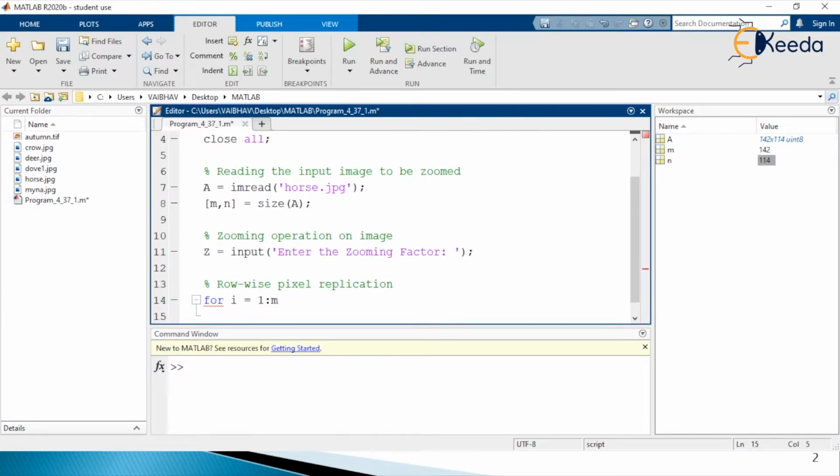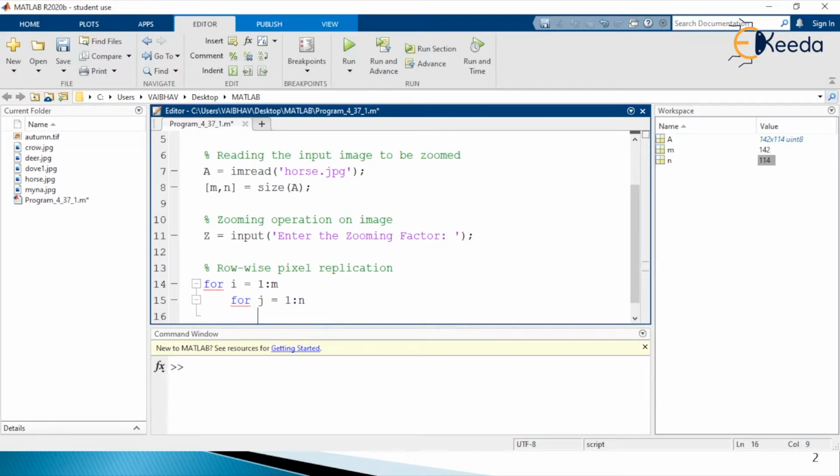Now inside this for loop, I'm going to have definition of another for loop with the index variable small j that will also start at the value 1 and that will extend to the value small n, that is the another dimension of the input image.